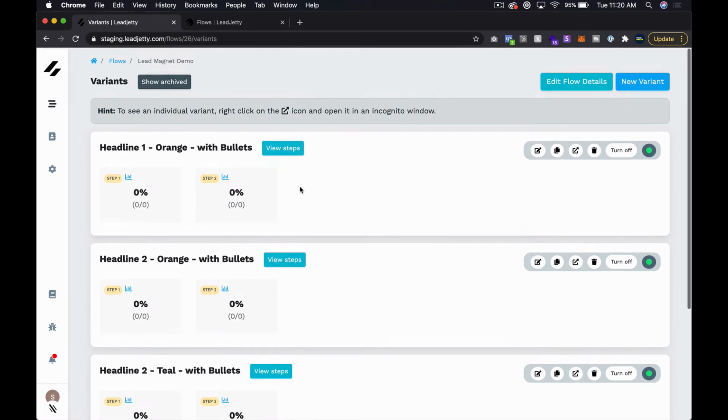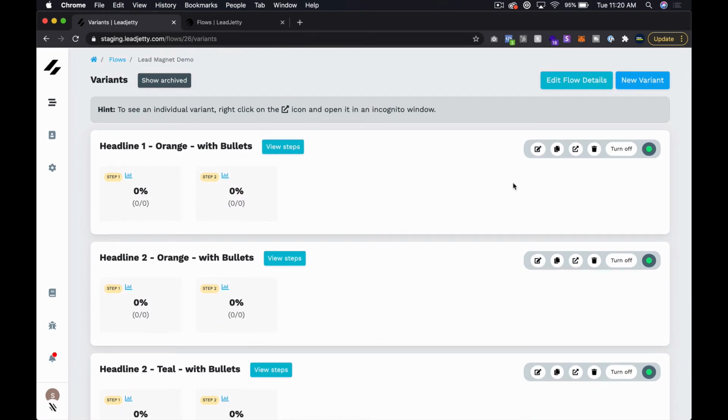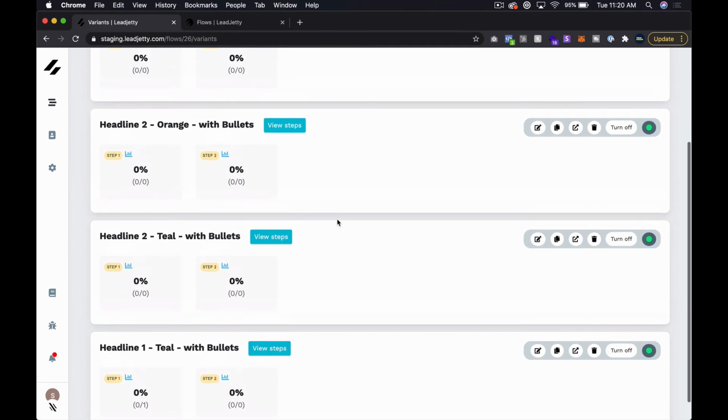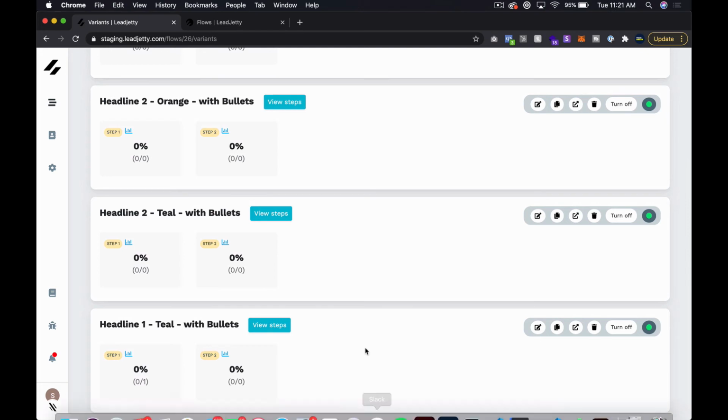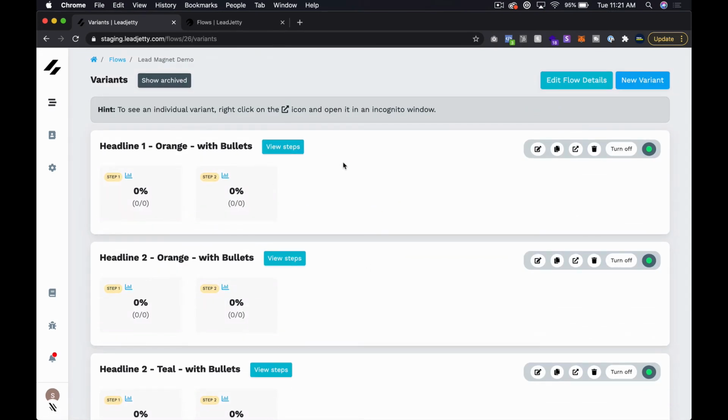And I won't bore you and do a whole other set, but you could easily just copy this and do without bullets, right? So headline 1 without bullets, headline 2 without bullets. You can see how you would end up with what, 8? So you would need to copy all of these again, and you would have 8 options now, which does make sense. I think that's 2 to the 3rd power is how you would calculate that. So that would be 8 variations to test 3 variables at once, which isn't crazy if you have a lot of traffic flowing through. But yeah, you would just duplicate every single one of these and do a without bullets